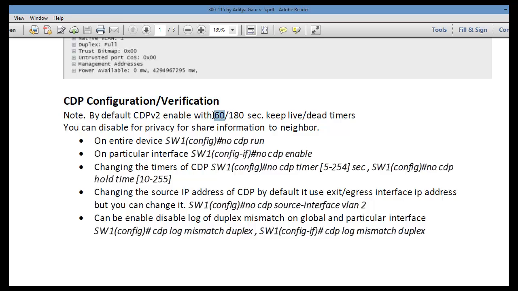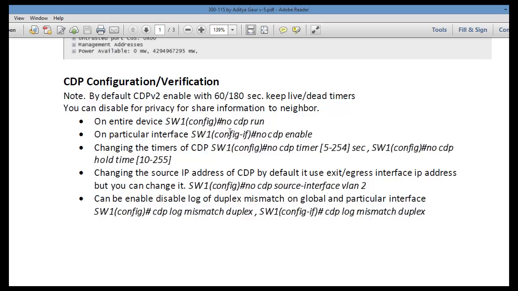So how we can configure and verify CDP. We know CDP is running and sending hello messages, or keepalive messages, out of every port every 60 seconds, and it considers the neighbor dead or expired after 180 seconds. You can disable it globally with no cdp run. By default CDP is running on Cisco devices, since this is Cisco proprietary.